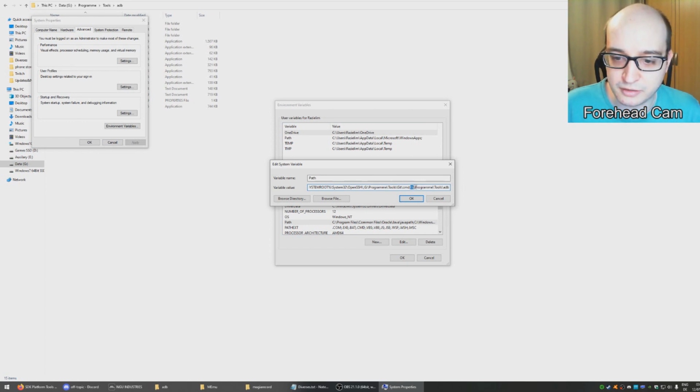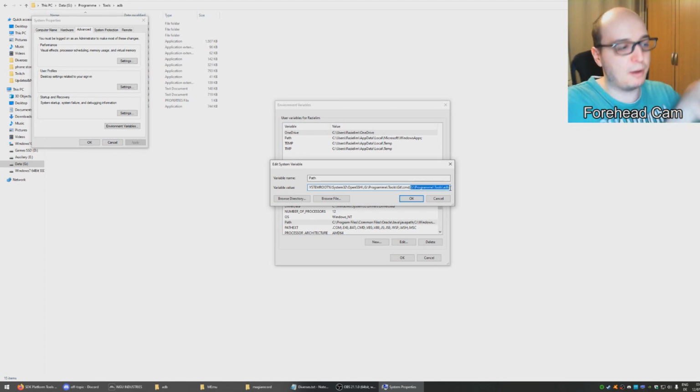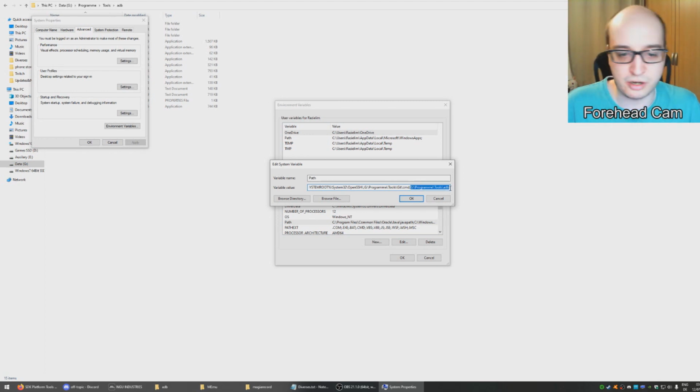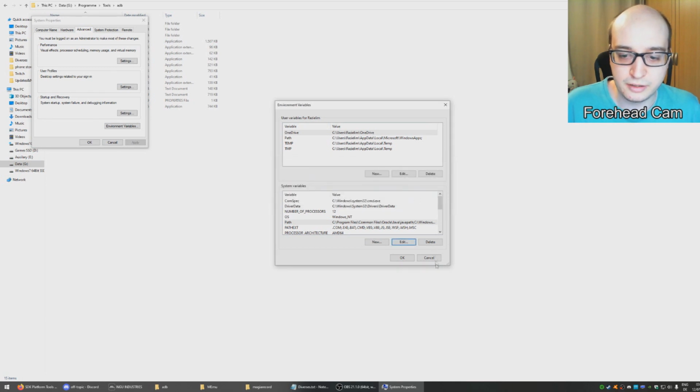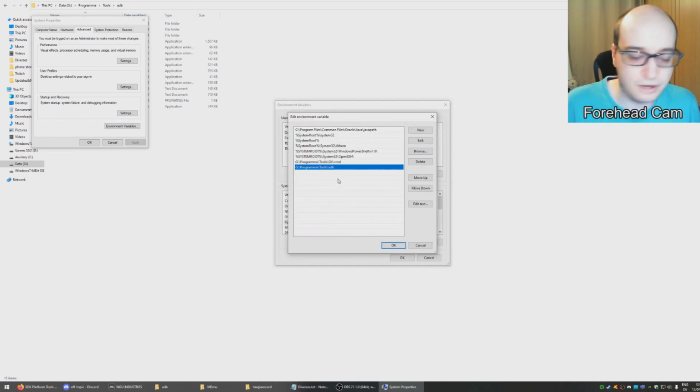Okay, you just copy paste in your path to your ADB after a semicolon of whatever is on the left of that. There might be a whole bunch of different stuff on the left. Don't care about that. And you're going to hit the OK button. And that's it. That's all you've done. If you go back in here, you'll see on Windows 10 it's going to add an entry. I mean, there was another way of doing it where you have this and then that and then this,